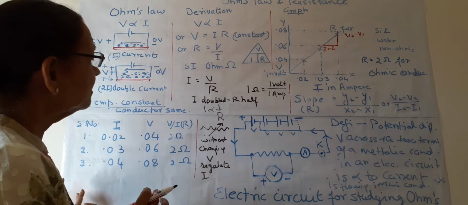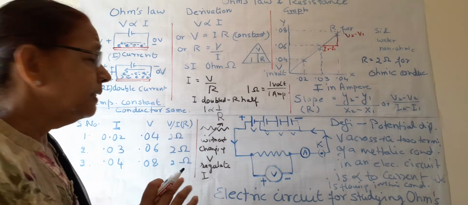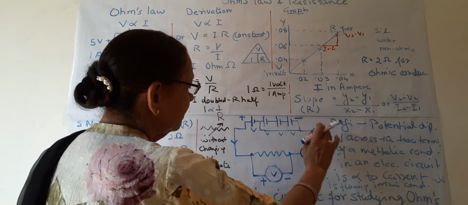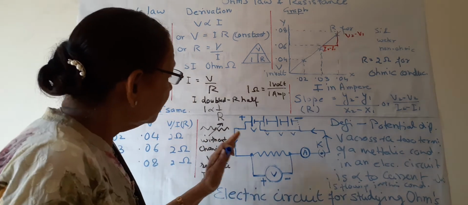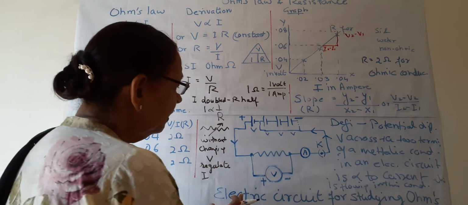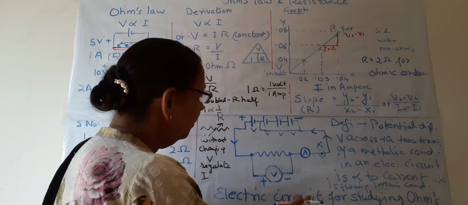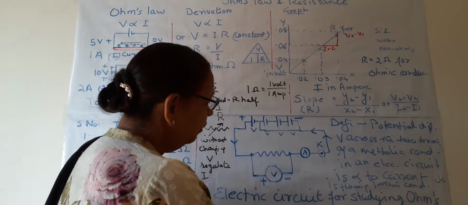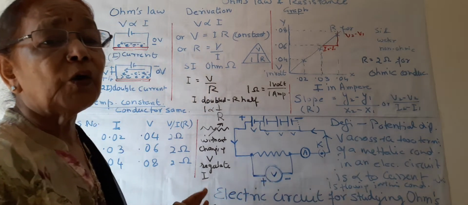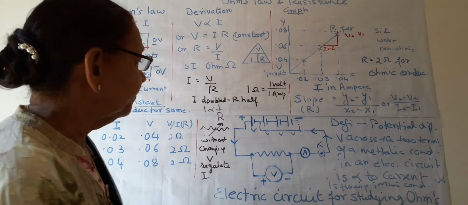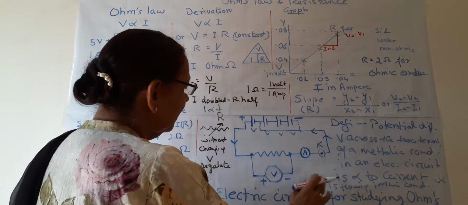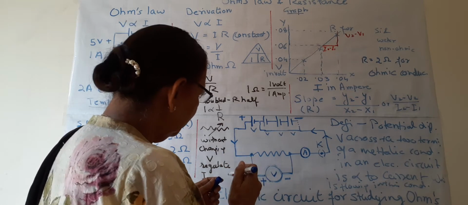The experiment is in your NCERT book, and this is the experiment. This diagram also shows the electric circuit. You have to learn electric circuits also. So first we will see what an electric circuit is and what its components are. The different components of this electric circuit are shown here.